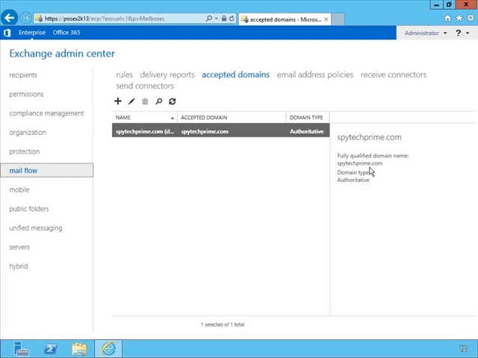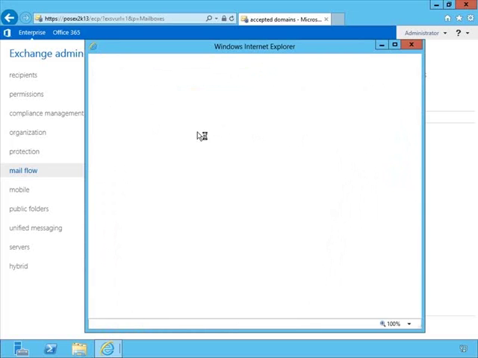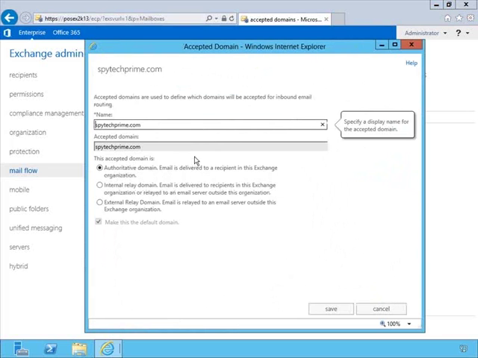So that mail, if it comes in and there's no mailbox, well, it's not going anywhere. But as long as we have the mailbox, we are an accepted authoritative domain. Now, if we double click this domain, we see here the name, we see the accepted domain name there, and then again the three options: authoritative domain,